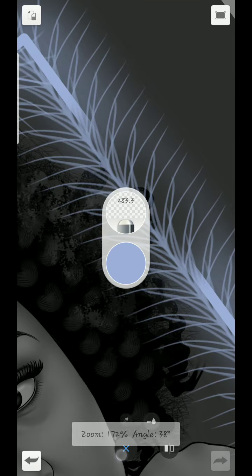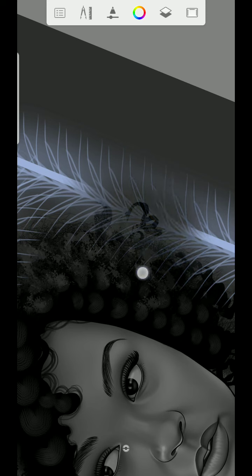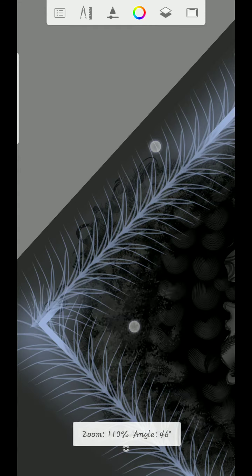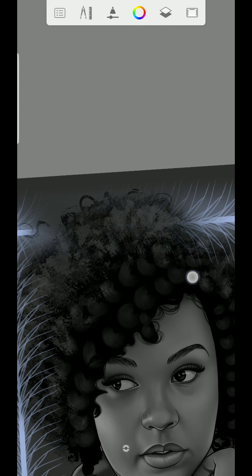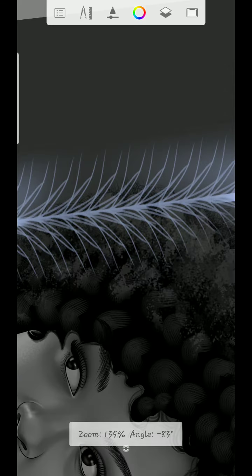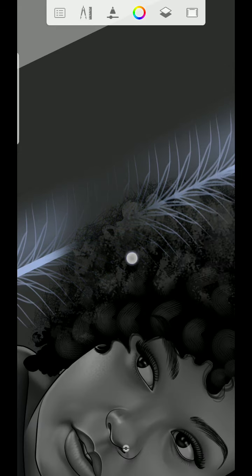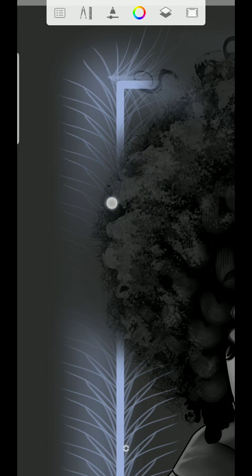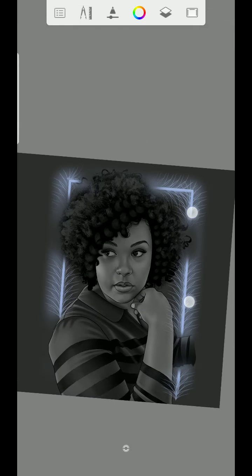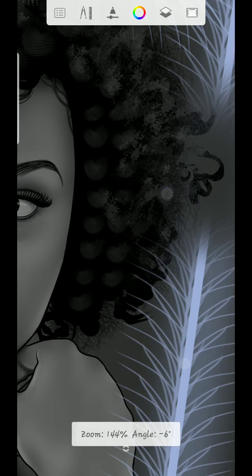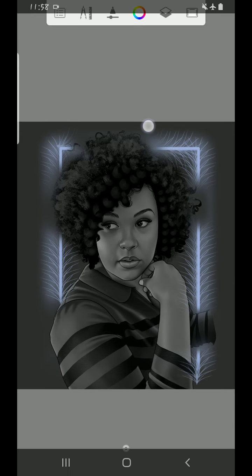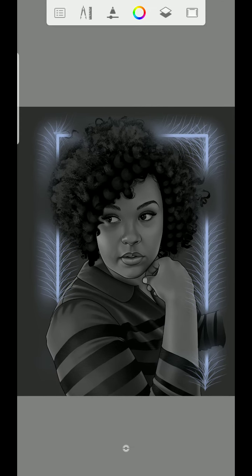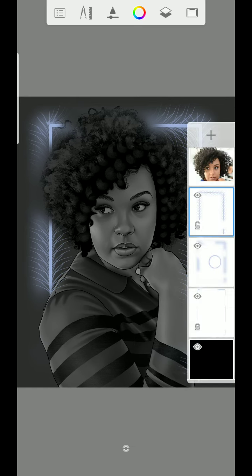So I will clean this side also. I'm going to clean these sides also. Okay, then clean these sides also. See. Okay. So once that is done, then